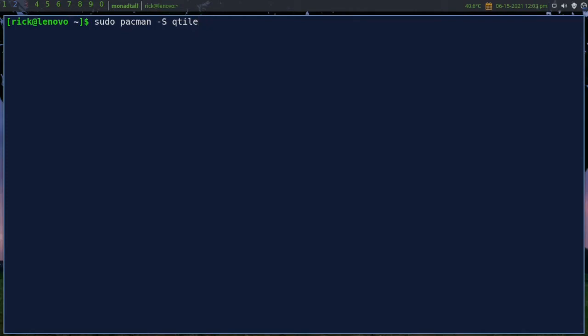And I logged out and changed it over to Qtile, logged in, and then when I found out I needed another program because none of my key bindings worked, I was wondering why. And that's because